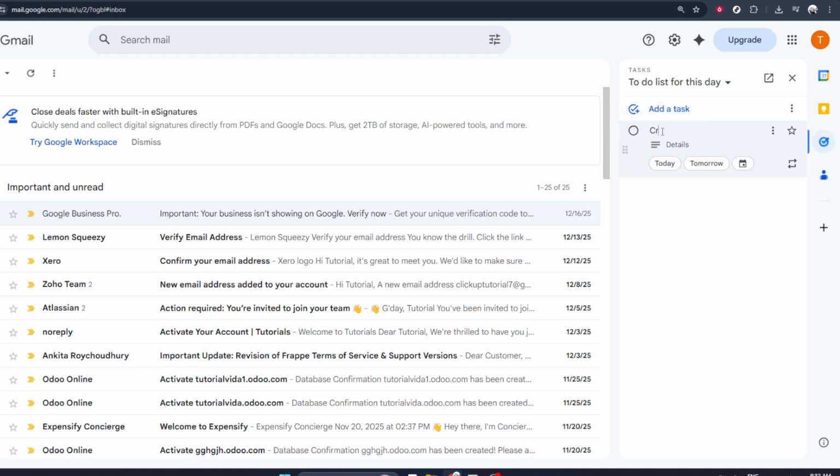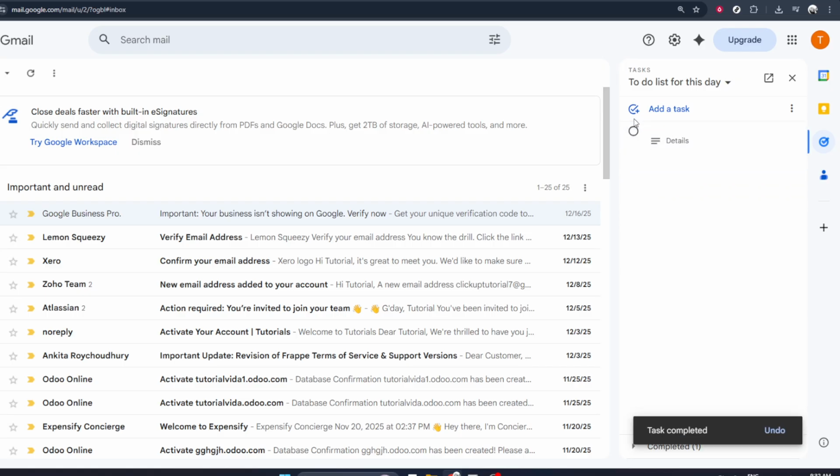Once you've typed To Do as the list name, look for the Done button in that box. Click on Done to save the new list. You should now see your to-do list selected in the Tasks panel, ready for you to start adding items. From here, you can click Add a Task